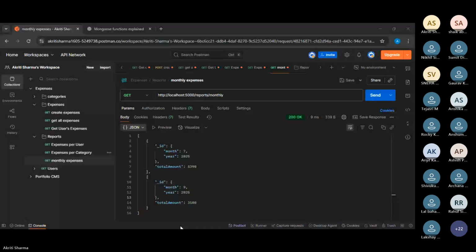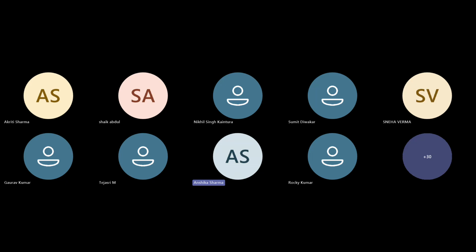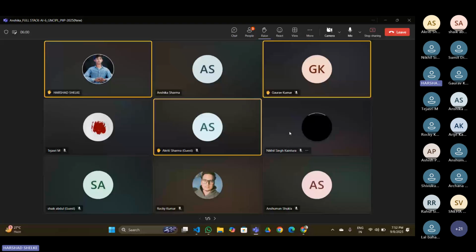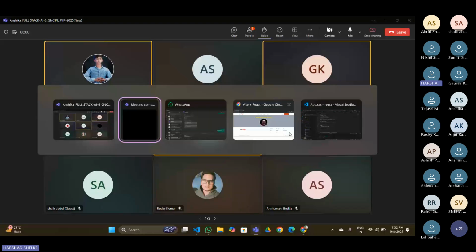Harshad. Hello, ma'am. Yes, ma'am. I'm sharing my screen. Okay, ma'am. I created a simple website using React and Tailwind CSS. Ma'am, is the screen visible or not? Hello, ma'am. Your screen is visible, but it is stuck.